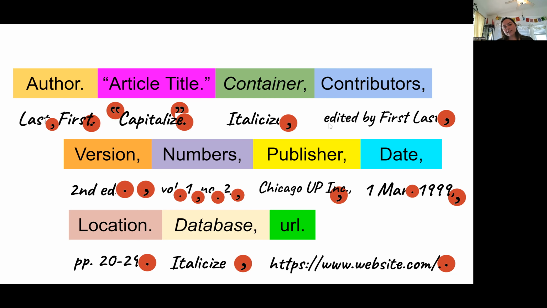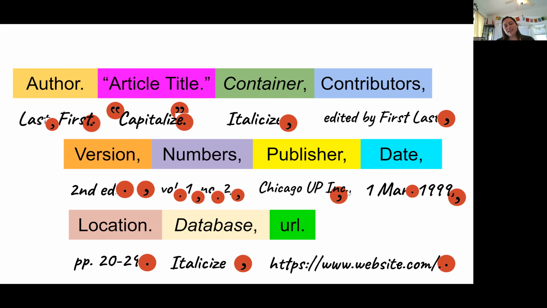Edited by first, last, the E is lowercase, the name is capitalized. Second edition with a period, then comma, Arabic numerals, and cardinal numbers. Volume period 1, comma, number period 2, comma. Chicago UP Inc. UP and Inc. are our abbreviations,